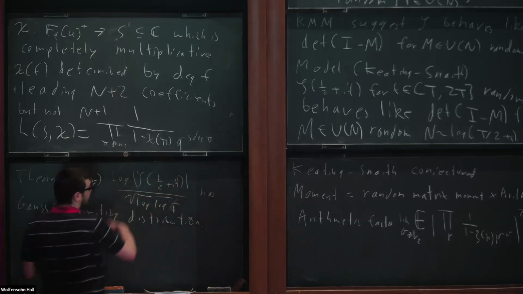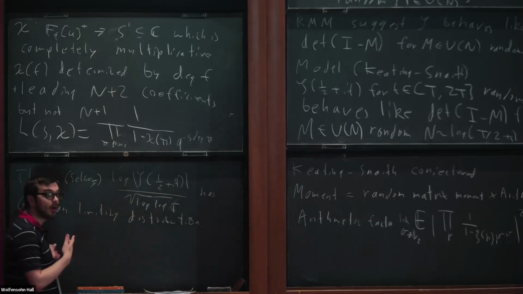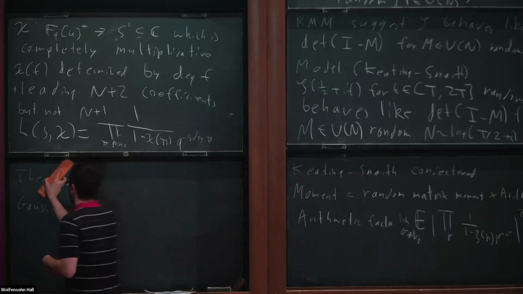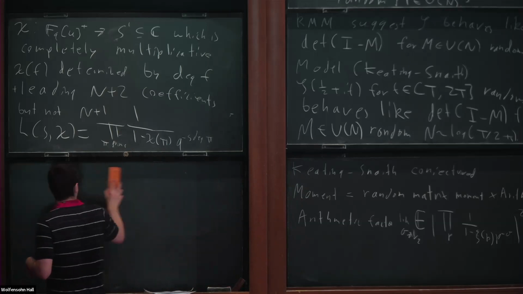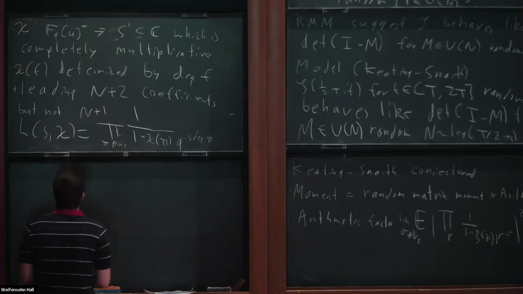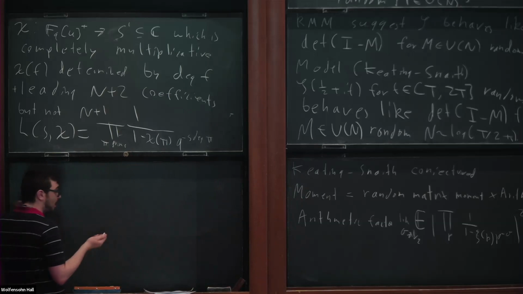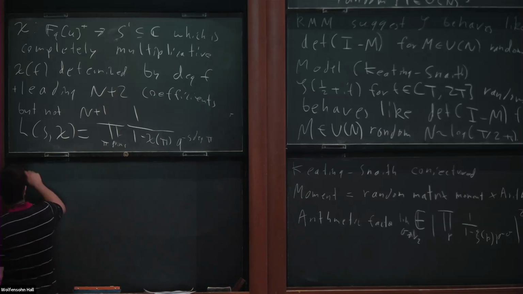And this Euler product is a direct analog of the Euler product for zeta of s plus it. And then we have in this setting the random Euler product model,